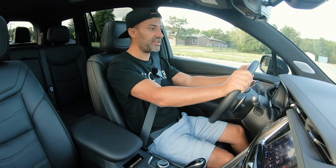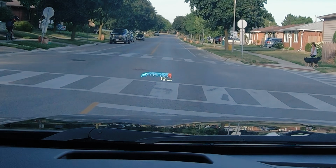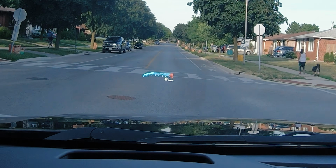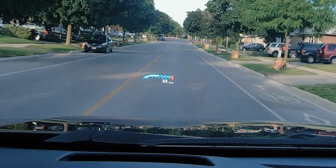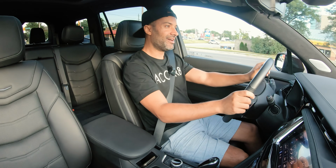This specific one does have a heads-up display, and it shows you the RPM, kind of like a video game. It's pretty cool, and it's colored. It's got blue, red in it, and the speedometer is very clear, and you can choose different data you'd like to see on there. But I'm still in love with, so jumping on the GM parts bin, this rear camera